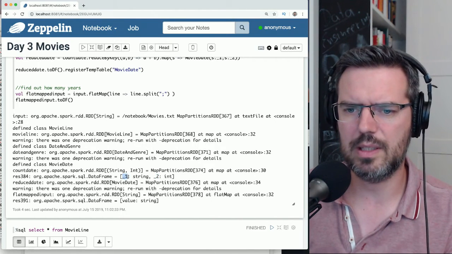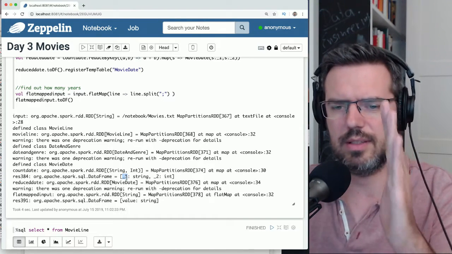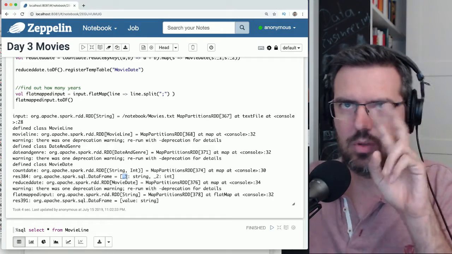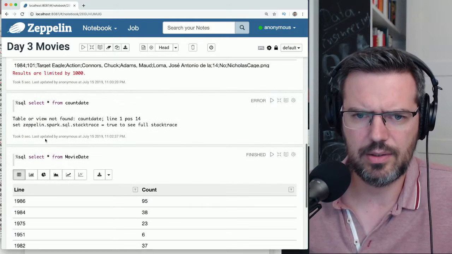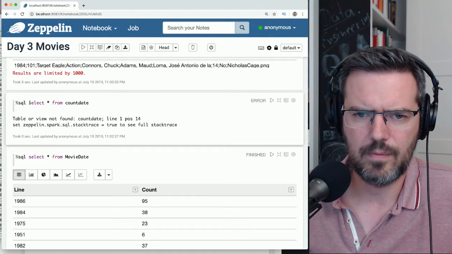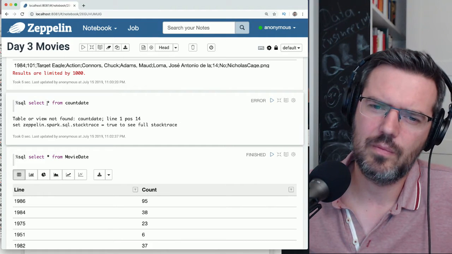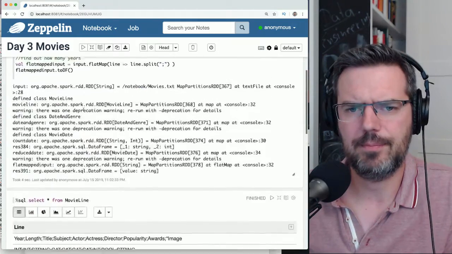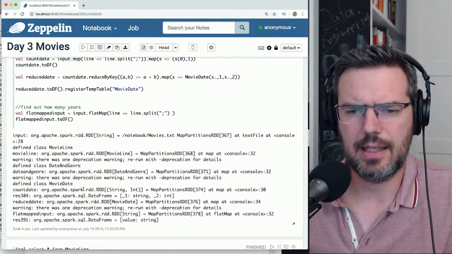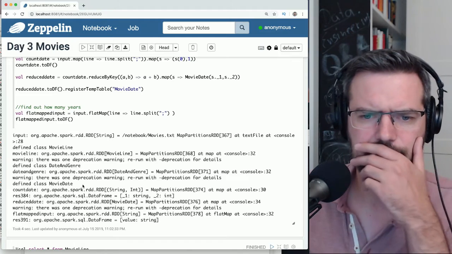So basically _1 is how you can use the first column, and the second column. But why can I use that here? Table view not found map. I think he hasn't registered it. That's dumb.